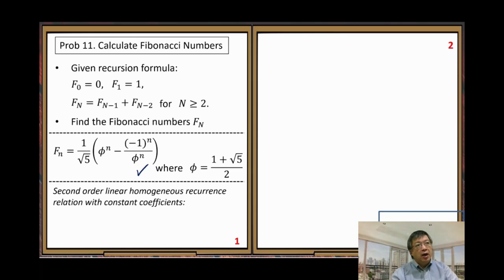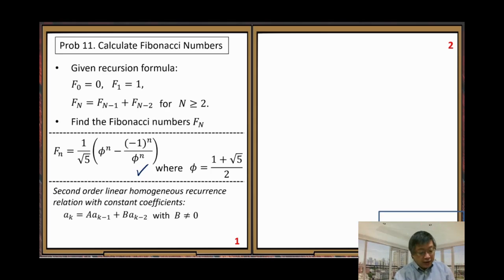So that is the complete name of this type of equation. Let me explain all the terminologies. Easier part first. Let us look at the